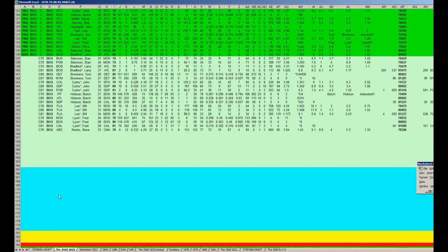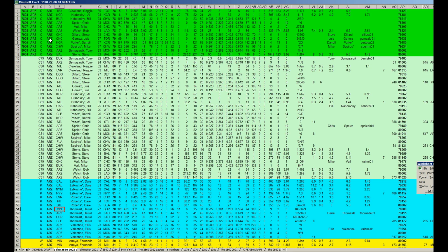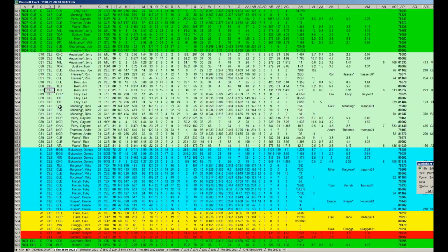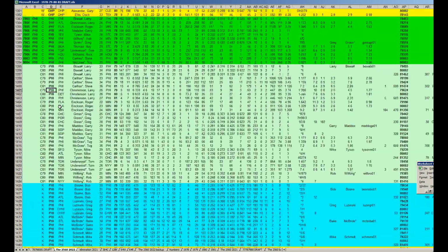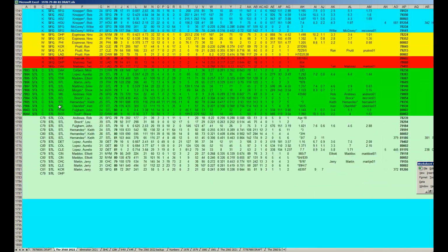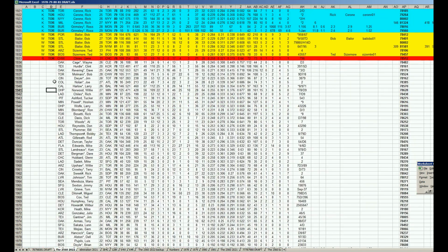And again, let me review the sort. The 2,560 players available in the years of 78 to 81, 640 cards per year for each individual draft, and then spread throughout the expansion teams. Draft eligible players are sorted by teams who currently either possess the player or the rights to the player, alphabetically by team. And when you scroll down, you get to approximately, Toronto is last, there we are,